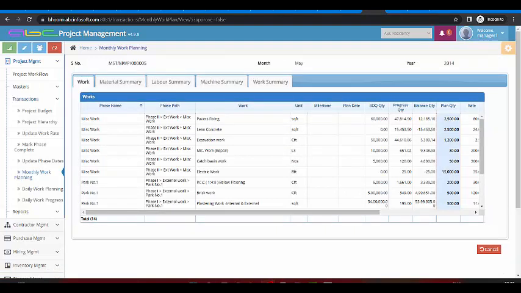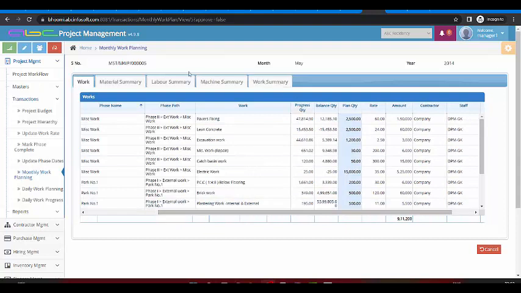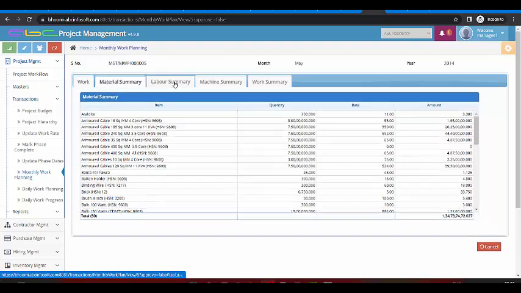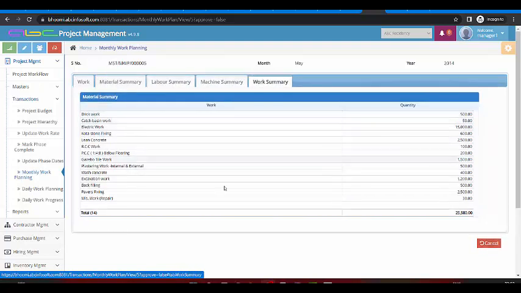After working with my project hierarchy and attaching my BOQ in the project hierarchy, the next phase is monthly and daily planning. While working with the monthly planning, we may have multiple locations and multiple activities. It will show me the BOQ quantity and we can plan according to the BOQ quantity. As per our planning, the software will automatically show us the material summary required for the complete month, the labor summary required, the machinery summary, and the complete list of activities summary along with the finance detail that is required to arrange in the particular month.